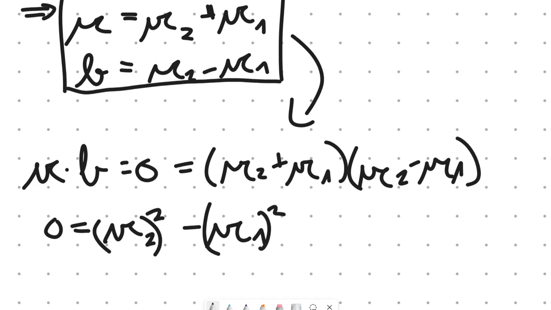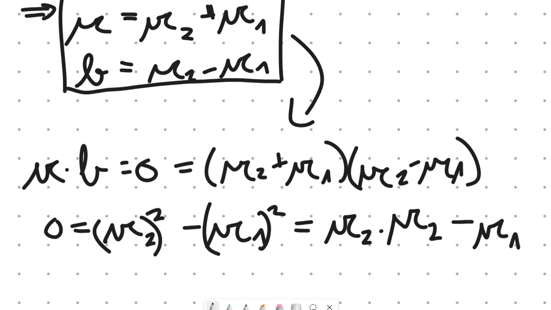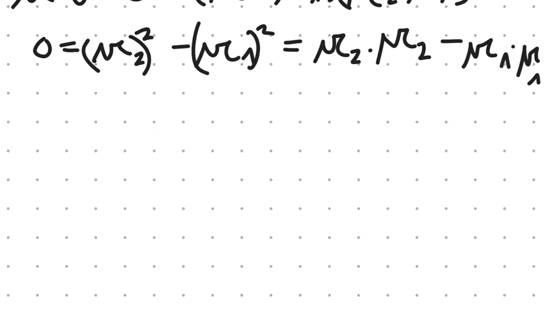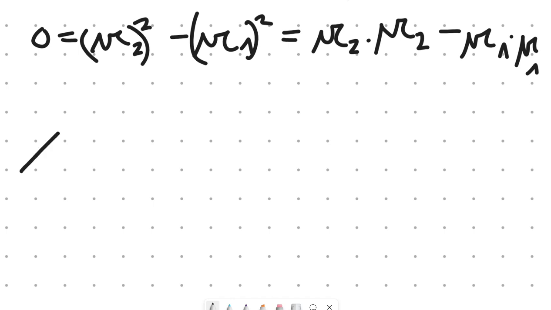Now, if we square a vector, it means that I'm going to take the scalar product of the same vector twice. What does it mean to take the scalar product of the vectors? Let's first state the definition of it. If we have vectors a and b